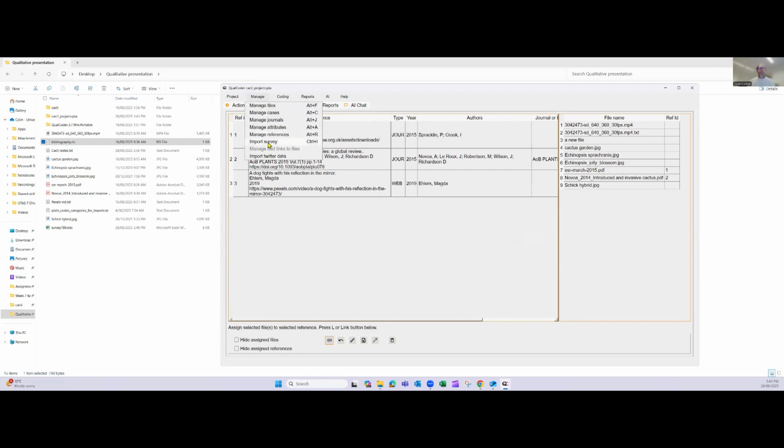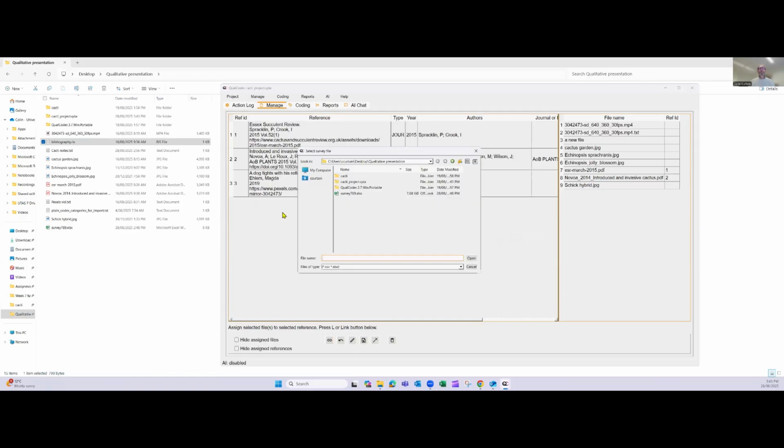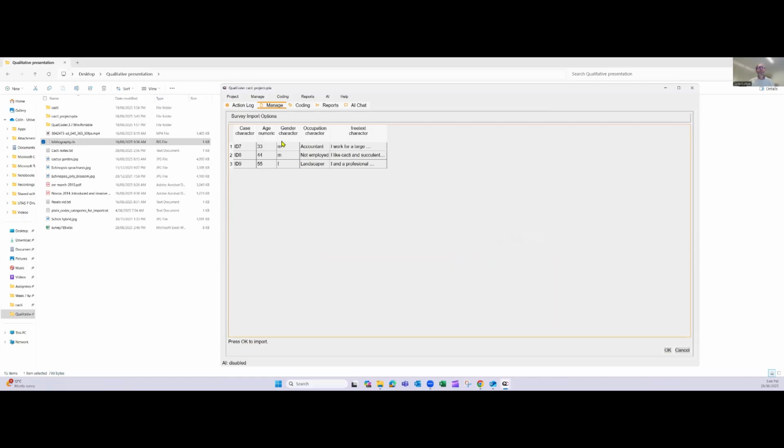The next thing we can look at is importing a survey. So we've got a survey over here called Survey 789 in Excel format. Excel seems to be the better format to import. You can import from CSV, but sometimes that can be problematic. So we'll select that survey, we'll go open. And so it's displaying what it's found in the Excel. We've got these additional attributes. So we've got person 7, 8, and 9, their age, their gender, their occupation, and a free text column,